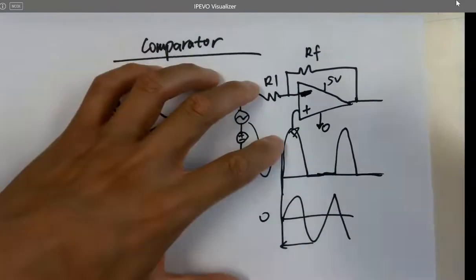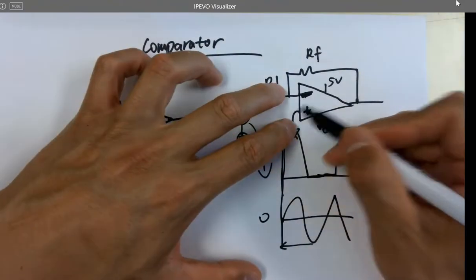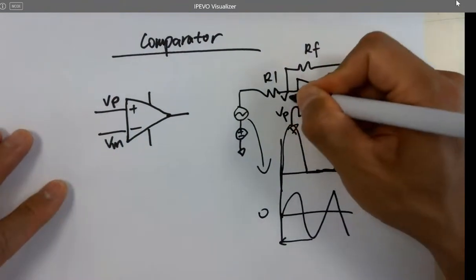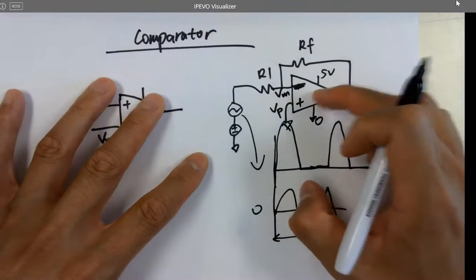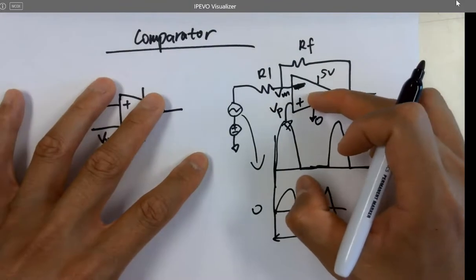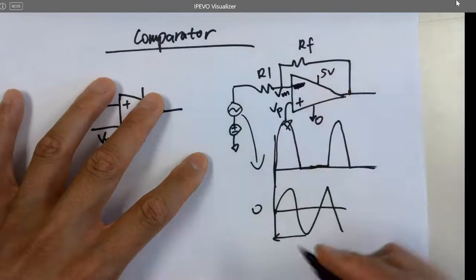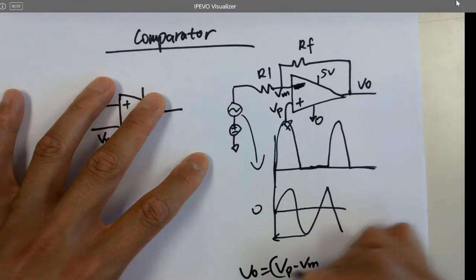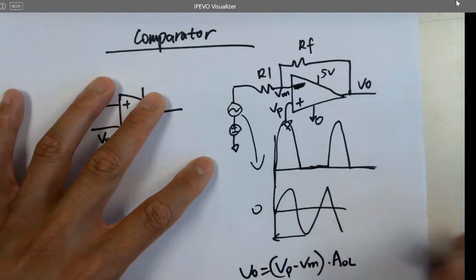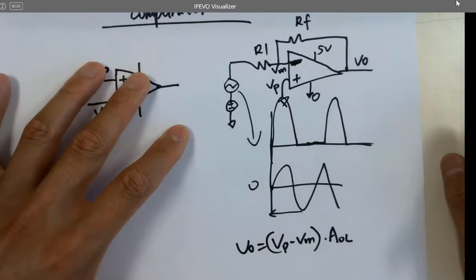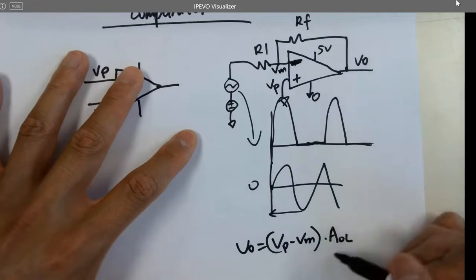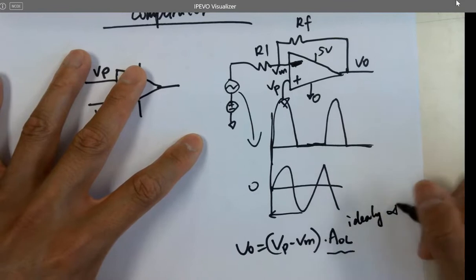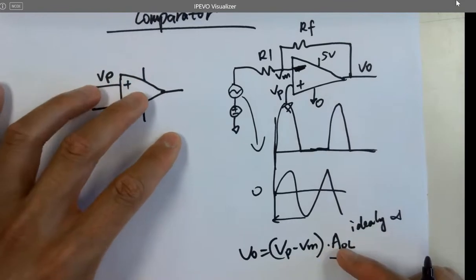So first you need to know why these are equal. So I'm telling you why here. First thing, which is given, based on the design of the OpAmp. The OpAmp has that functionality, which is Vout equals Vp minus Vm times the open loop gain. For an ideal OpAmp, ideally, this is infinite, all right? So this is huge, which means